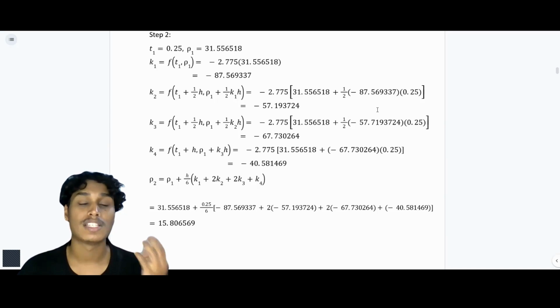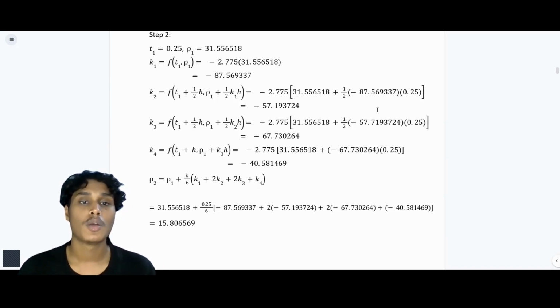For k4, we will use the same formula as the first iteration, which is a bit different from k2 and k3, where f(t1 plus h, p1 plus k3 h), whereby negative 2.775 times (31.556518 plus negative 67.730264 times 0.25)